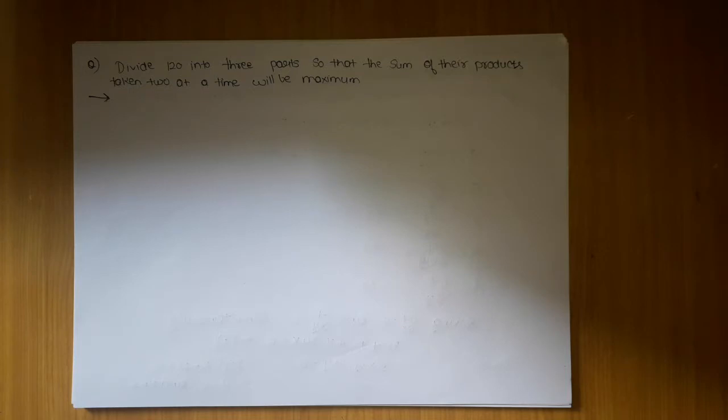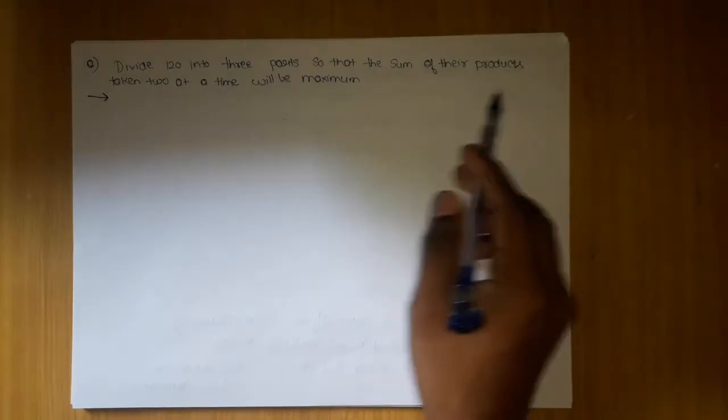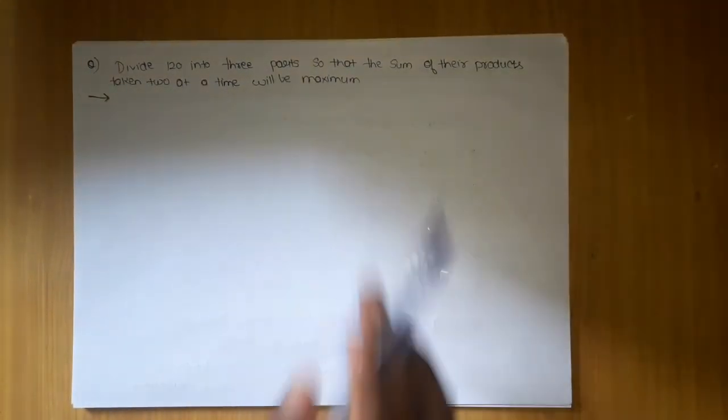Now how to solve this type of question? These are the fixed set of questions which you will see in your examinations. It is not like IIT JEE that you will see a large variety, and the same condition applies to your GATE also. They will ask, but the concept will still be the same. So here they are telling divide 120 into 3 parts, so there will be 3 numbers into which 120 will be broken, such that the product taken 2 at a time will be maximum.